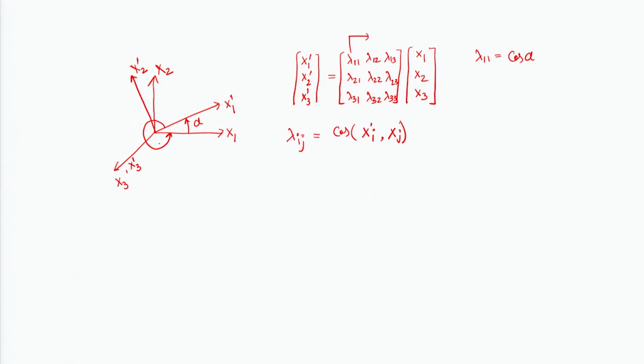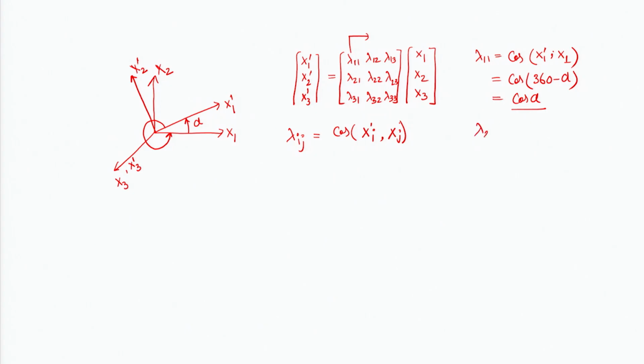So, this angle between x1 prime and the original x1 of the given system, I can call cos of 360 minus alpha. We have a total angle of 360, out of which this alpha is remaining. So, this is what the anti-clockwise angle is trying to cover, and 360 minus alpha gives cos alpha itself. That is where we end up with cos alpha, which is the transformation expression we remember in the given system.